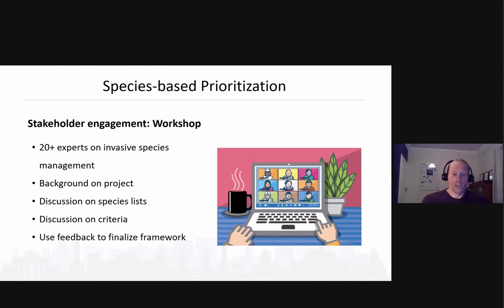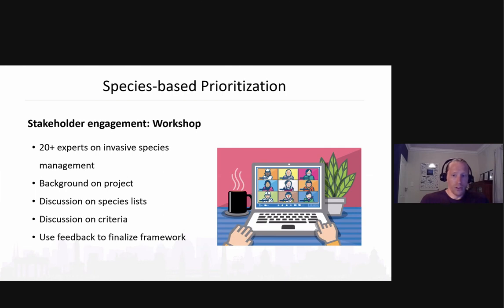There was, of course, discussion on the criteria. And as I mentioned in the beginning of this presentation, it's really key to be in close conversation with the experts throughout this process. So if you include criteria that they don't often manage for, then there's a mismatch. So you really need to engage with them at every stage, refine, and get a framework that is applicable to them.